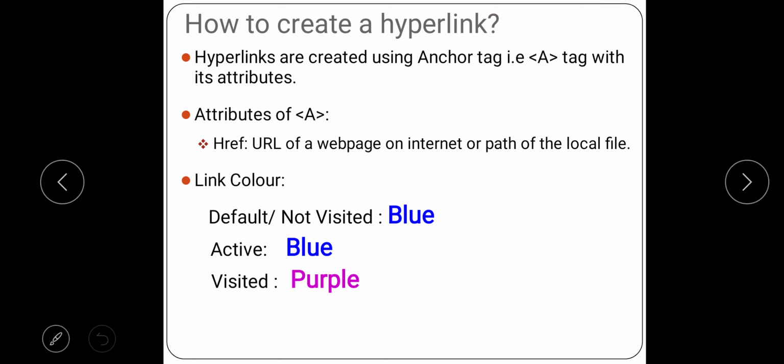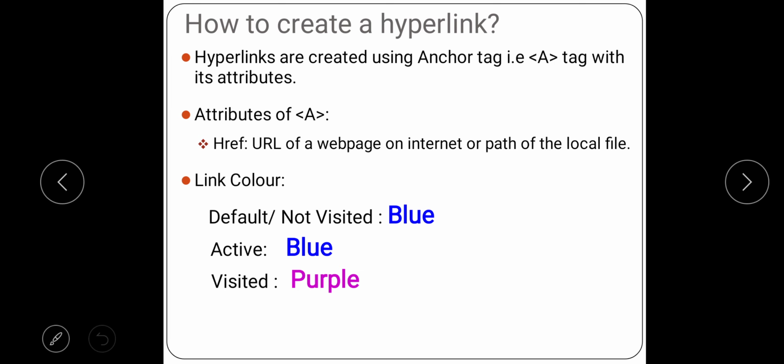Then we also saw that the link has got some color, right? In the previous slide we saw that all the links had got which color? The links had got blue color. So we will see what this color exactly indicates, right? So the default color means if you don't mention any color, that is the default thing. So here the default or non-visited link will have blue color. Means the links which you haven't yet clicked and viewed those pages will have a blue color. Simple enough.